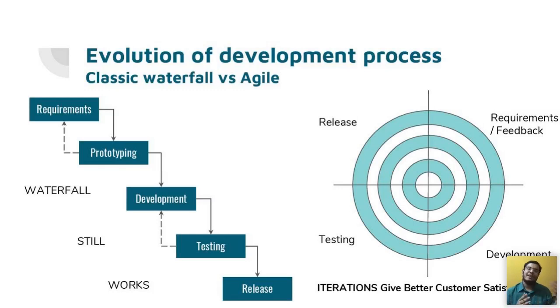There are multiple cases where waterfall really works, and that's why I put that waterfall still works. The reason is there are so many industry applications that still follow waterfall. But then why did we even have agile? And if you see here, it still says requirements, development, testing, and release, which is almost the same as the waterfall. So the only difference here is you have multiple small iterations. So take every circle in this diagram as a small feature of the application or the entire application itself, right? So if you see, it starts really small.